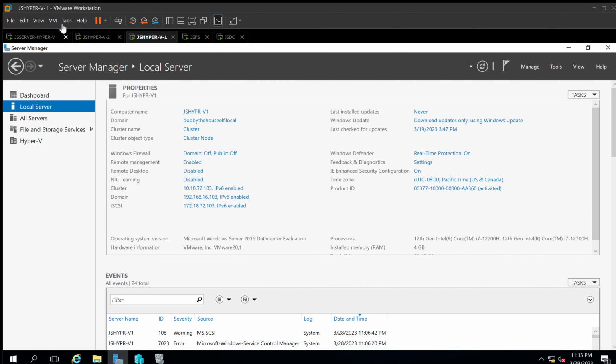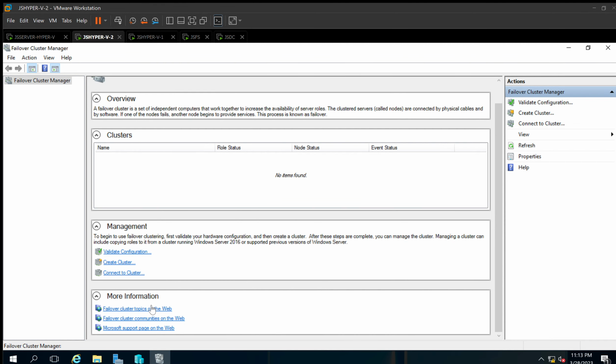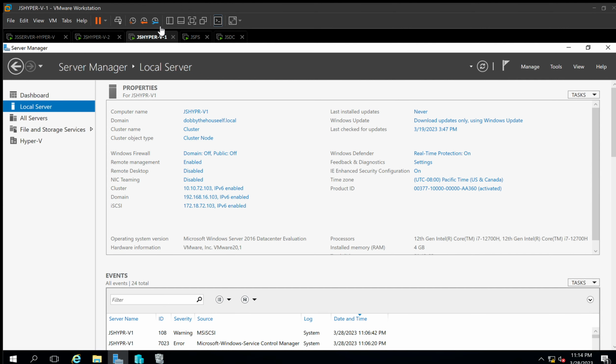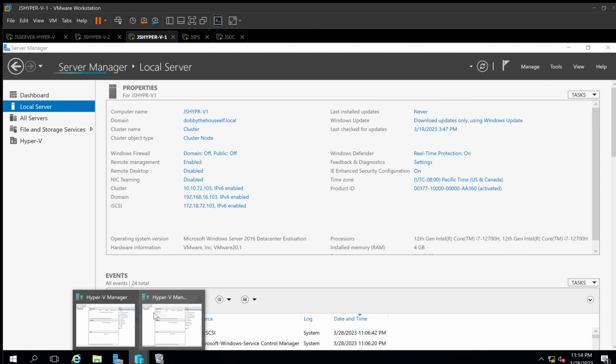And if we go over here, we have the Hyper-V1, which is part of the failover cluster, which has three NICs. One is for cluster traffic, one is for the domain, and one is for iSCSI. And then if we go over to V2, it's a very similar setup here. So if we go back to this one, Hyper-V Server 1 has Hyper-V installed, and if we open that up here,